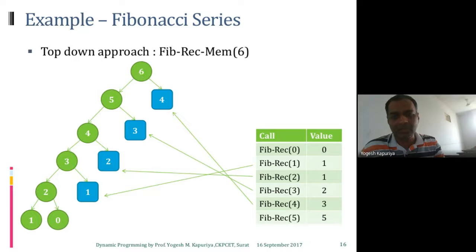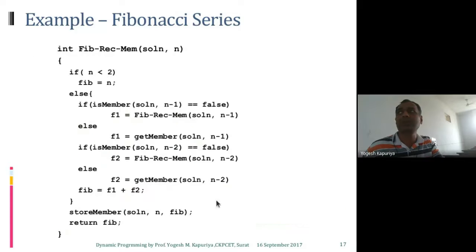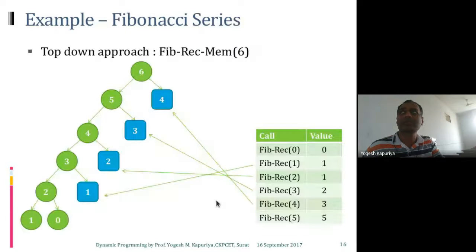So this is the top down approach, but using memoization. Memoization means that you are using some sort of storage for preserving the previous values. That will improve the overall performance, because you can see over here you are not actually recalculating anything. You are only making a call one time only, so that will obviously improve the performance. Is that clear?